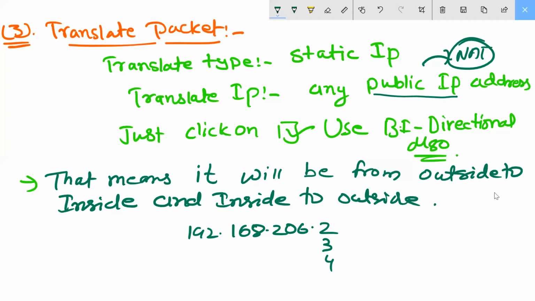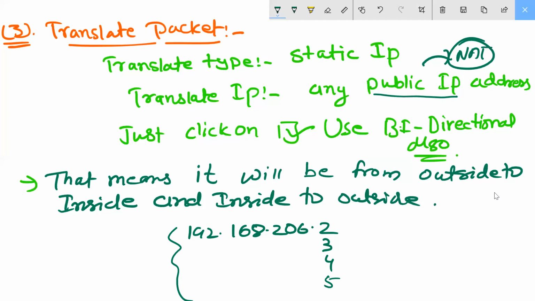206.2, yes, it's coming. Then after that, add is coming again here. You understood my point? Very good. Then save it. So I'm giving 3 IPs. 3, 4 IP you should give here. 4, 5 also you should give here. Then this point is done. Very good.